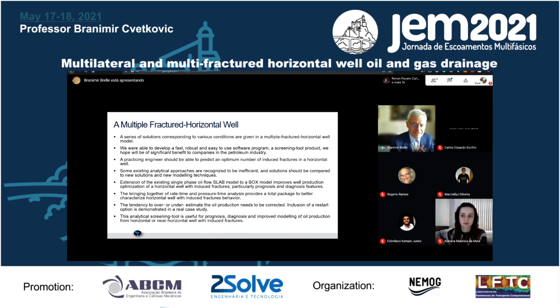See, I will first go very fast through the mathematics. Multiple fracture horizontal well. For that, we need to have a series of solutions corresponding to various conditions of the model. We have first how to set up the model. The model, we can say it is a slab model. What does the slab model mean? Slab means if I have here